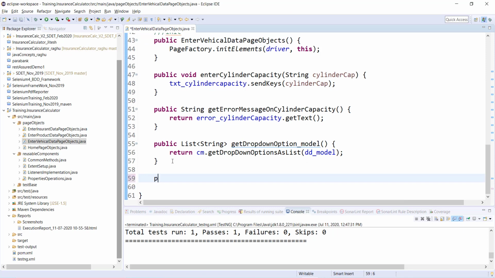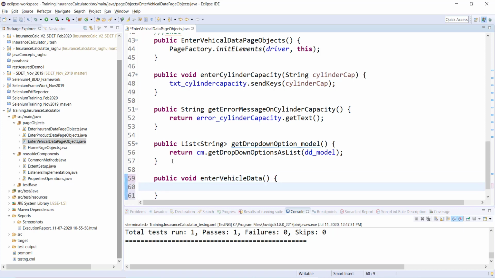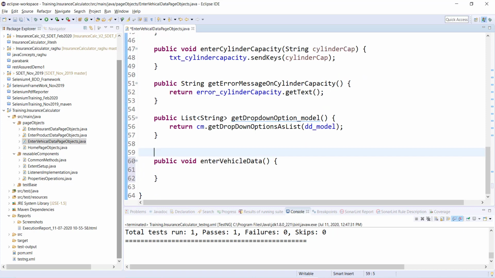Here I will create one method, public void enterVehicleData. Okay, so this is my method which I'm going to use for my data-driven scenario, basically for filling up all this data.